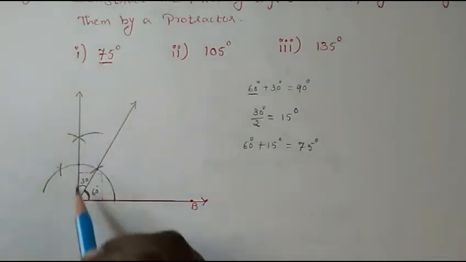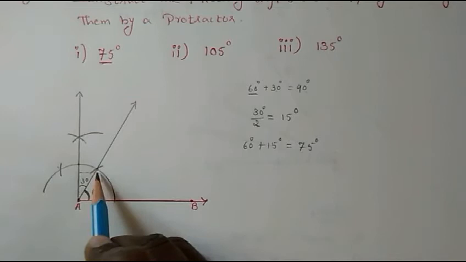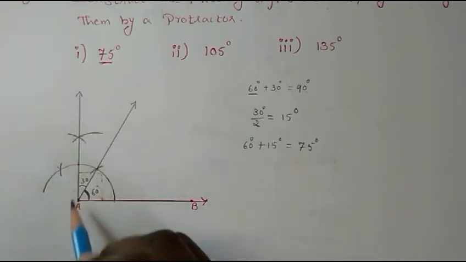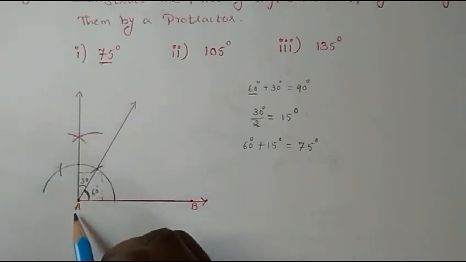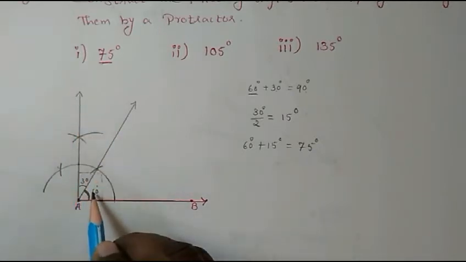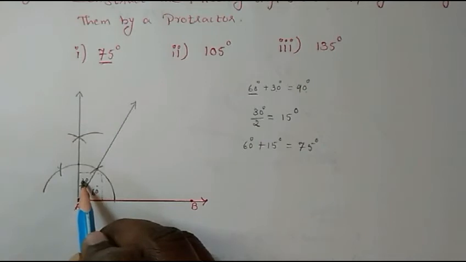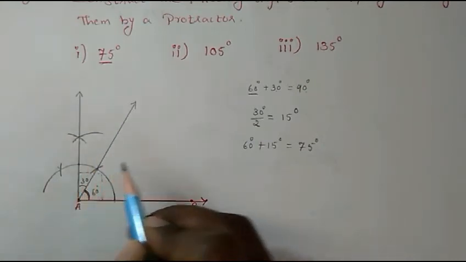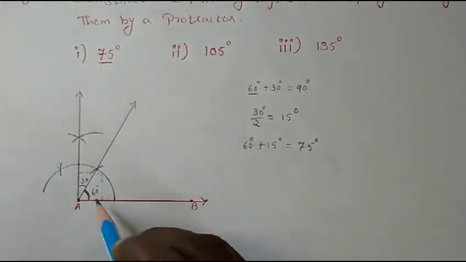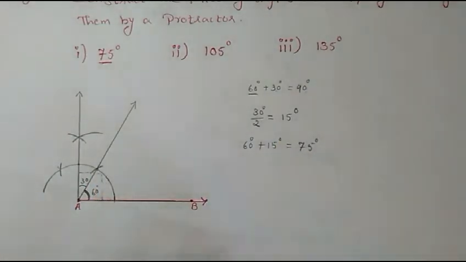So first we constructed 60. The first cut gives us always 60. Then we constructed 90. Between 60 and 120 equally, when we divide half, we got 90. So that means this is 60. Remaining from 90 is 30. So this 30 we will divide equally half. Then we will get 15. Then 60 plus 15 together will give us 75.